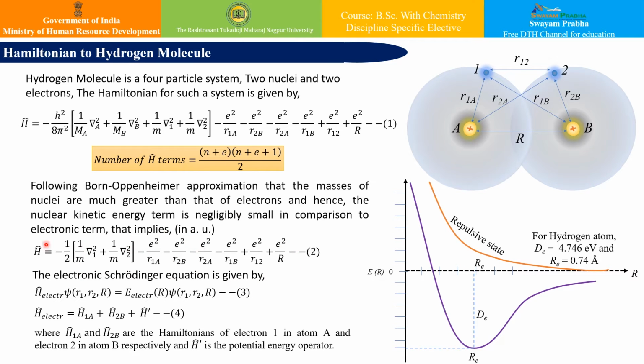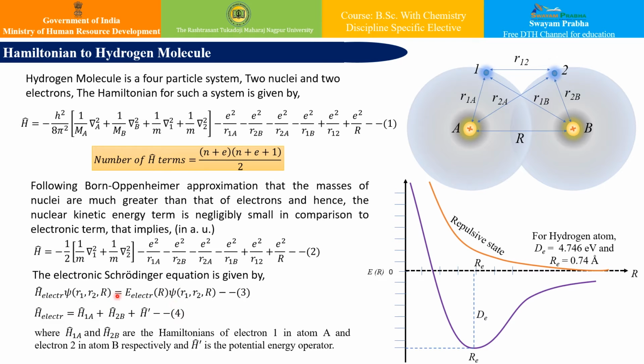Accordingly, if I utilize this Hamiltonian for constructing the Schrodinger wave equation, it will give this, which is given by equation number 3, that is the Hamiltonian for the electronic part, where psi is dependent on R1, R2 and capital R. You can see from this figure, H psi is equal to E psi. So H psi is equal to E psi is now your Schrodinger wave equation, and this Schrodinger wave equation can be solved further, and its energy solution can be found out.